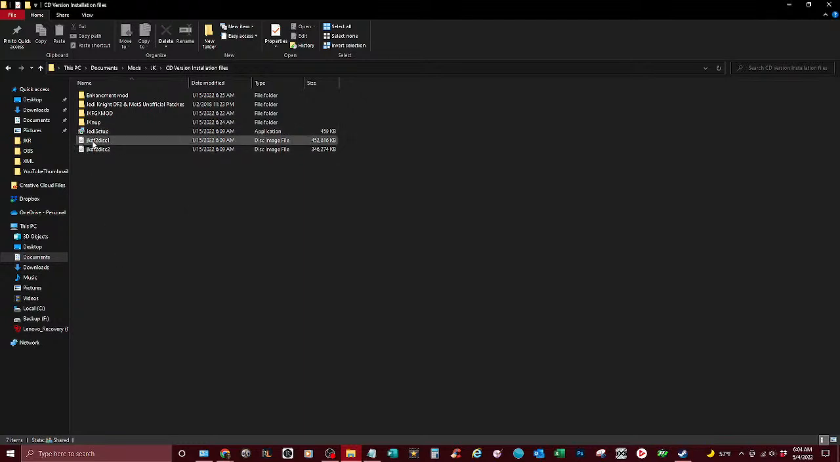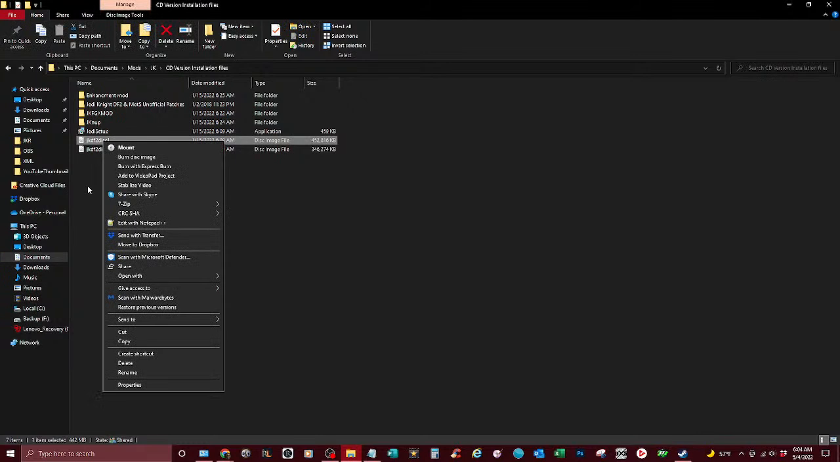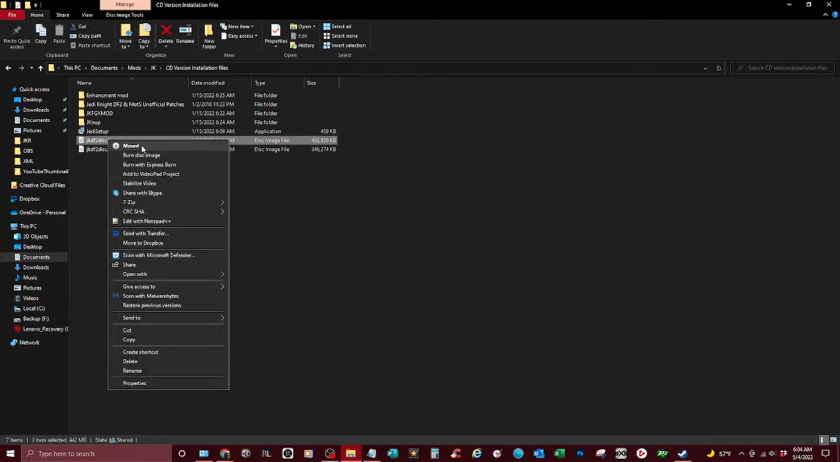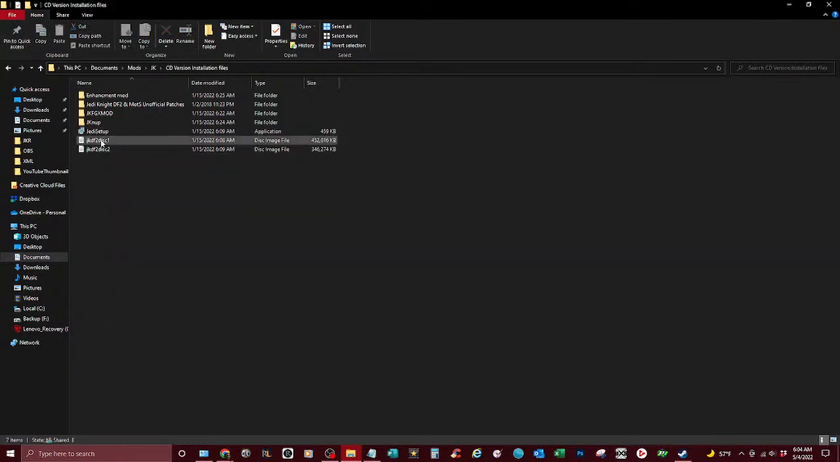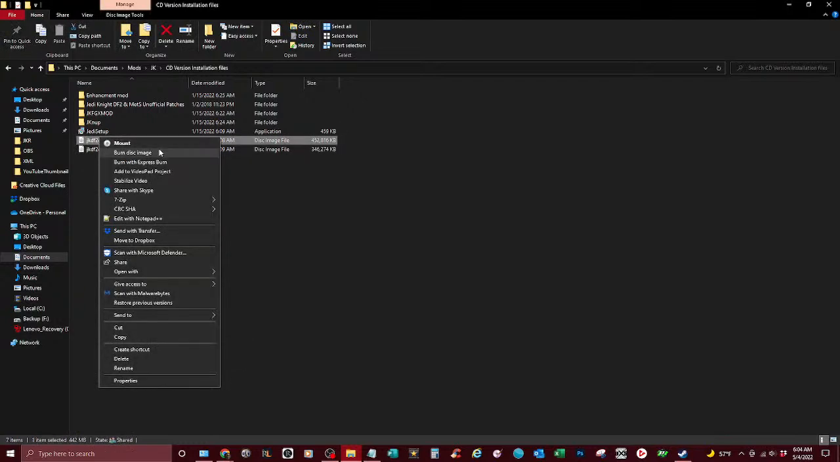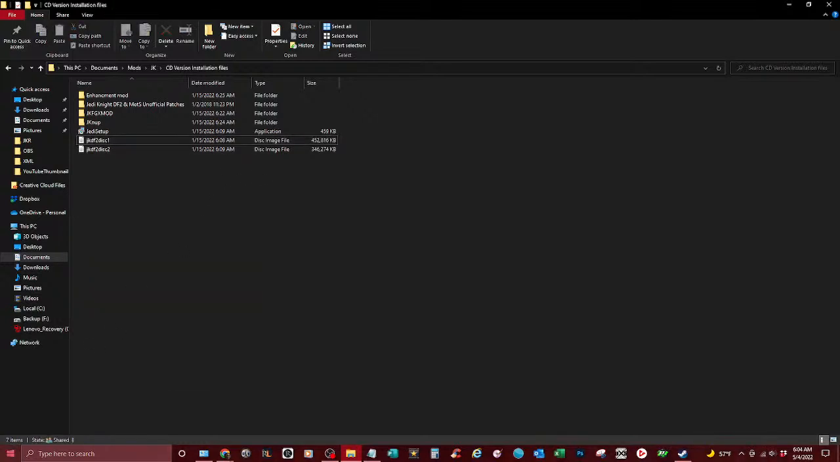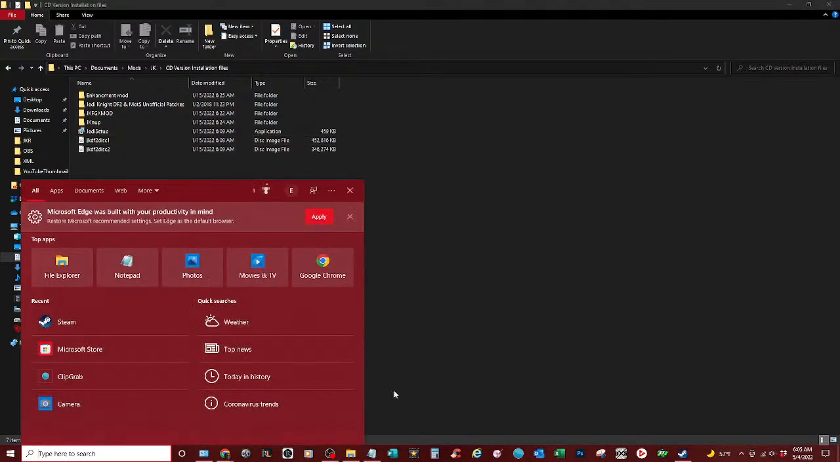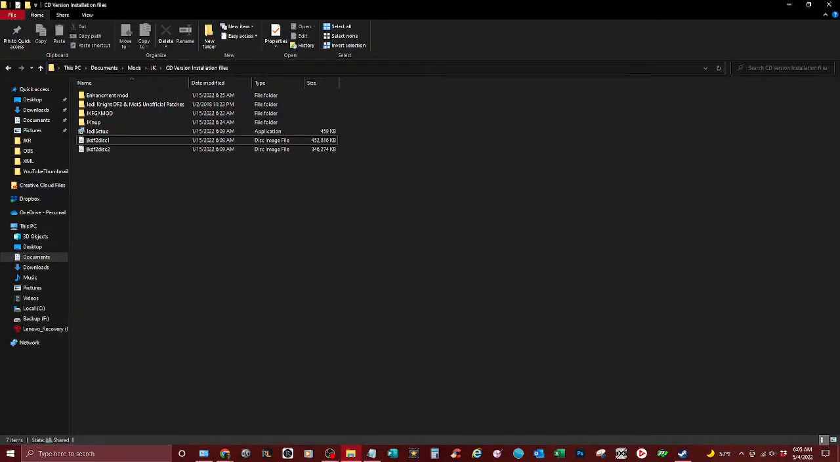So basically the first thing you have to do is right click and click mount. Now, if you have Zip 7 installed, by default the mount is not going to be there. I forgot what I ended up doing, but if that's your issue,